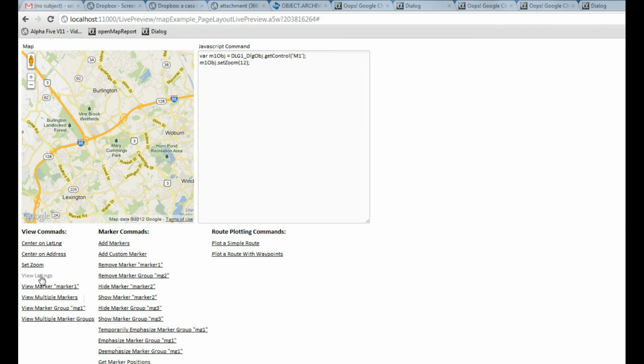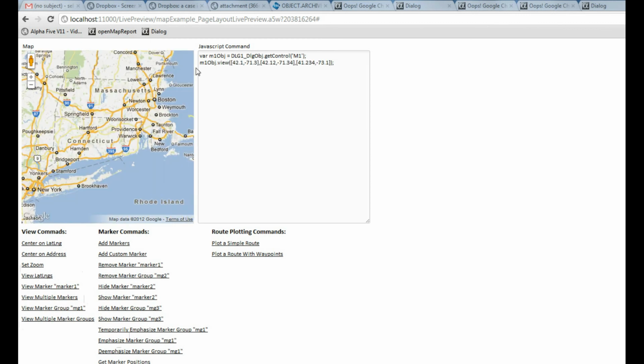Earth. So now if I say view lat longs, you can see here this method takes an array of lat long pairs, and it zooms the map so that all of the points that are passed into the method are in view. So the map will be scaled so that every single point that you pass in here is going to be in view. So if I had passed in one of the points over here with, say, a California address, then this map would have been zoomed out so that both Massachusetts and California were visible at the same